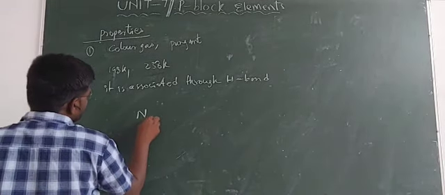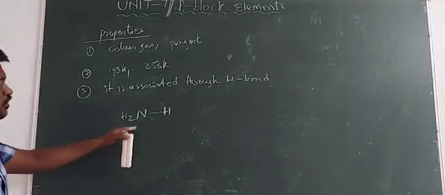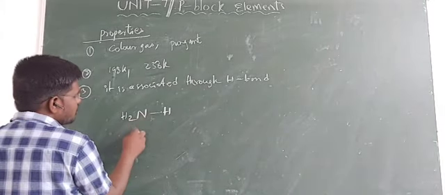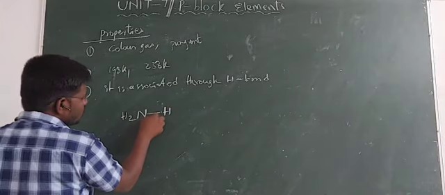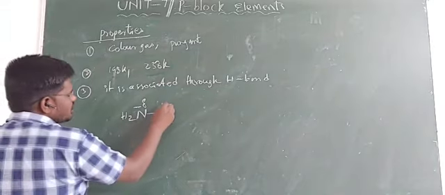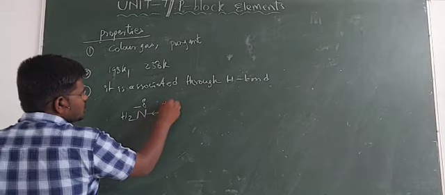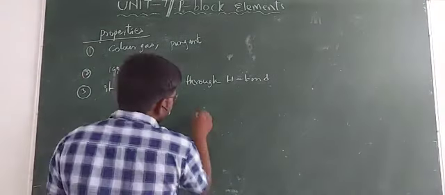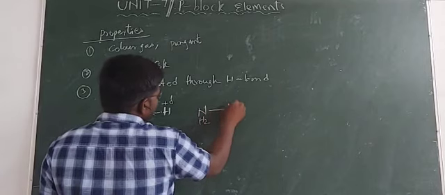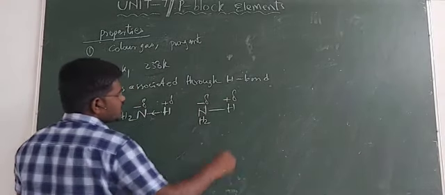So now let me take one molecule of the ammonia here, and these are the two hydrogens. NH3 molecule you can write like this. You know that nitrogen is more electronegative atom. As a result, the bond pair of electron moves towards the nitrogen and partial negative charge is present over nitrogen. And here electrons are moving towards the nitrogen. That's why here partial positive charge will be developed. And let me take another nitrogen. In another nitrogen also we have same situation, right? And on this one partial negative charge and here partial positive charge present.